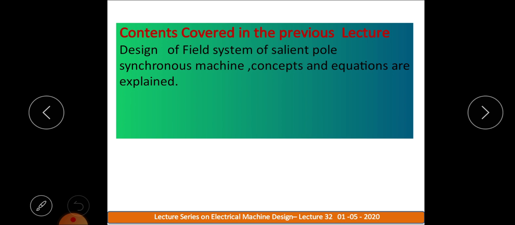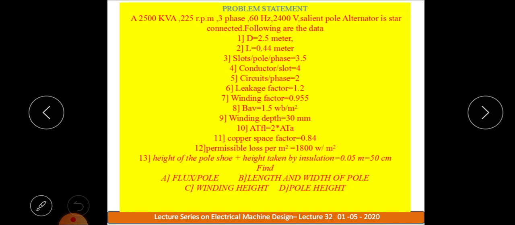What are the equations related to height of pole, width of pole, and axial length of pole, and what losses are involved in the field winding. So all the particular equations and concepts are taken in that one. So the problem statement is like this: